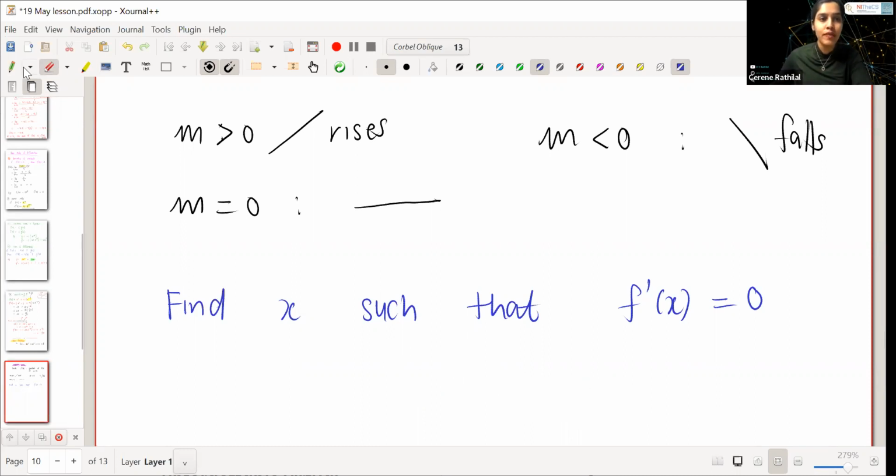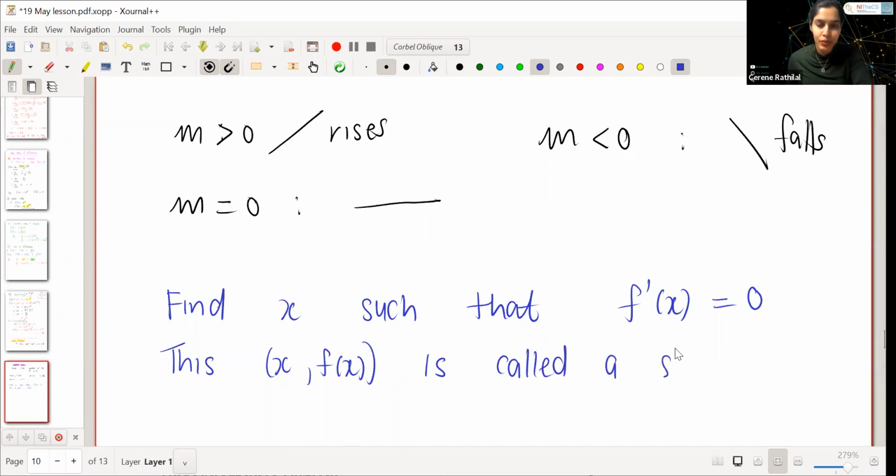Right, so when you find the x such that f prime of x is 0, we call that x a stationary point. Okay, so let's make a note. This x, with its y value, of course, the coordinate, right? So this x, comma f of x. So you would have found the x, you can plug it back into the original function, get out the y value, is called